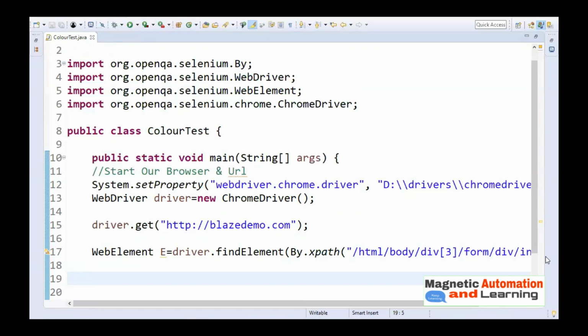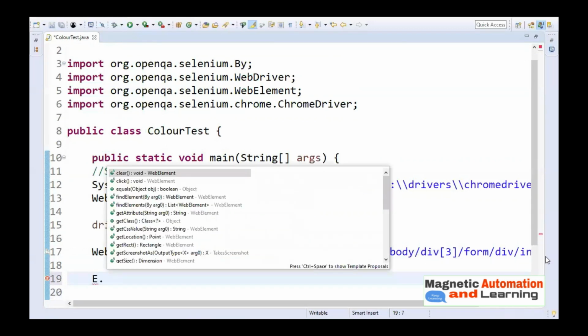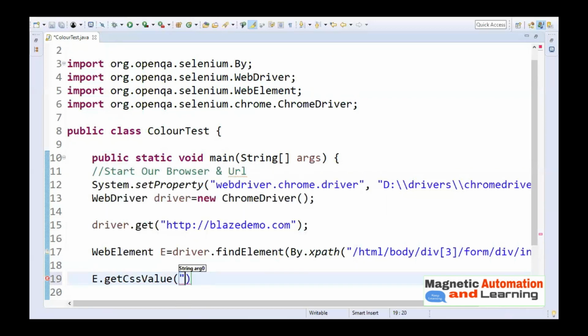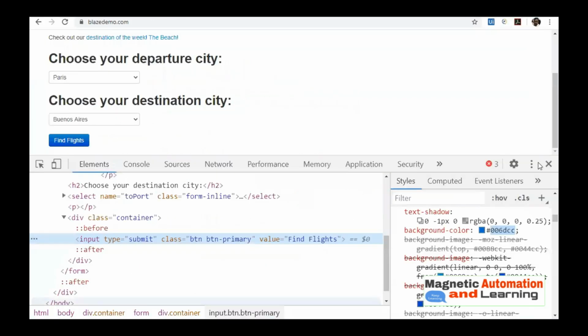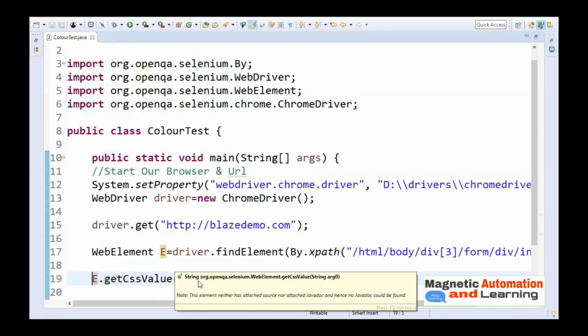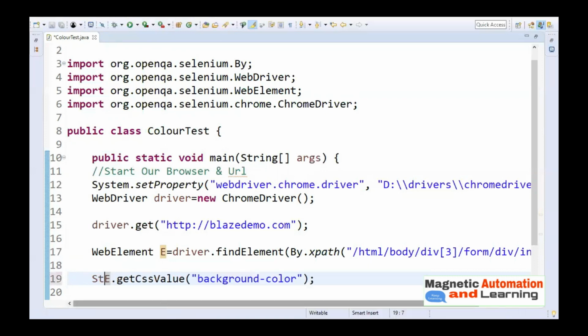Fine. Now the next thing I'm interested in is getting the background color. How is it done? It is done with the help of e.getCssValue. You need to mention which CSS value you are interested in. I'm interested in background-color. You can see it here, so I will copy this and paste it here, background-color. The return type of getCssValue is String, so I will store it into a String